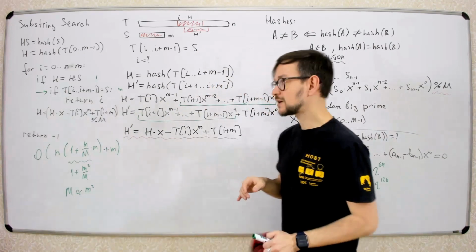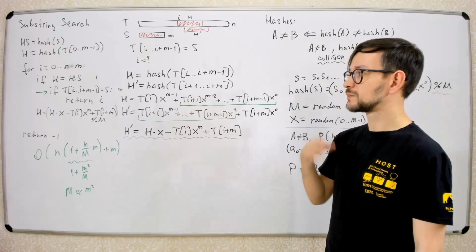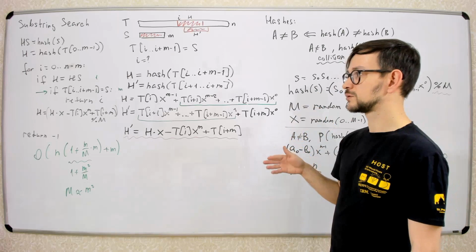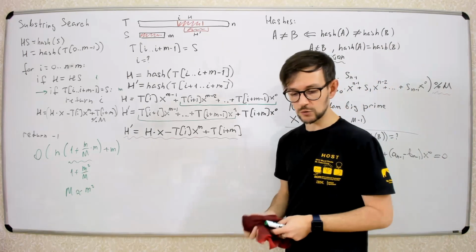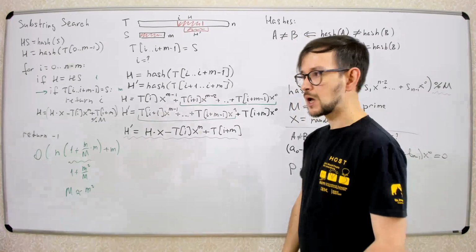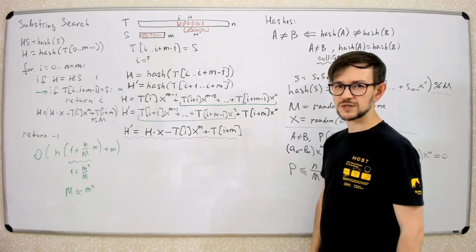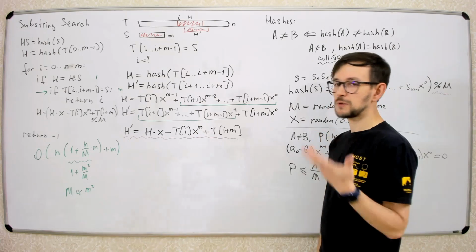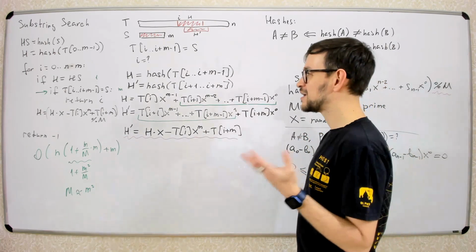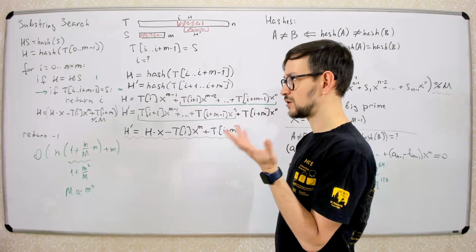Sometimes you can do it, and actually in real programs, people do it all the time. In big string algorithms, there are a lot of situations when you can do it like this, because this is the only way to do it. In some algorithms, there's no way, people don't know any deterministic